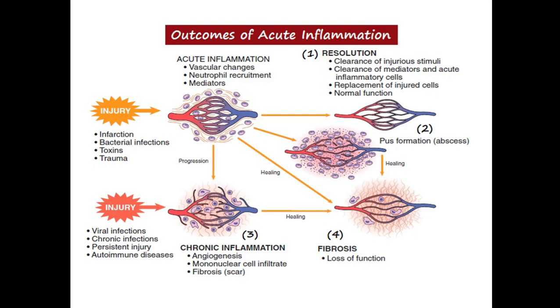And in chronic inflammation, there is formation of new blood vessels known as angiogenesis, and there is infiltration of the mononuclear cells like lymphocytes, monocytes, and macrophages. Chronic inflammation doesn't go into resolution, because in chronic inflammation there is extensive tissue injury, and this extensive tissue injury will result in fibrosis and scar formation. The same will be the situation if there is excess pus formation, excess tissue injury, and